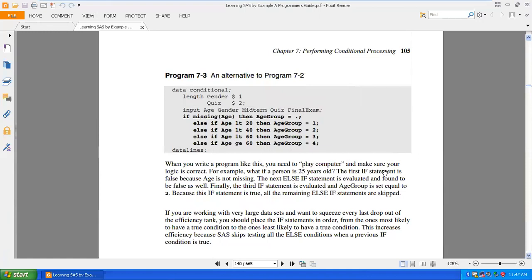No. See, what will happen? That's why I said there's a difference between your where and if. That much number is already selected. When you say if age is less than 20, so at the next level when you say age less than 40, it's not going to take your 20. Less than 20 won't be considered. It's a conditional statement. It's automatically going to be filtered. Okay, ठीक है.